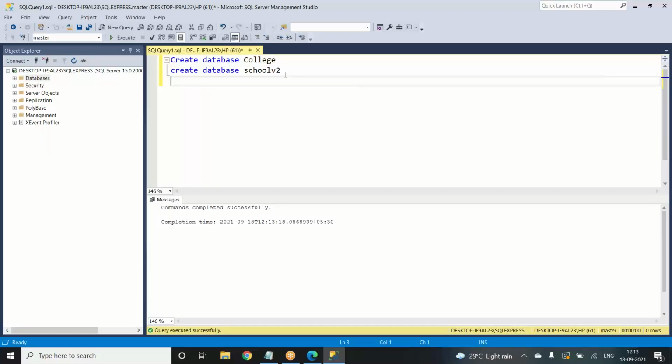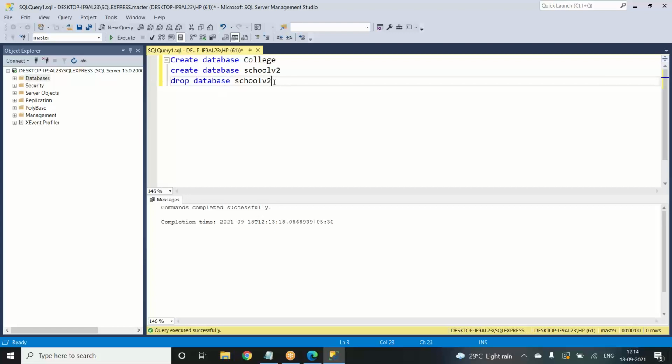So it is very easy to create databases. Let's try to understand how we delete a database entirely. For that there is a command called drop database. Sometimes it automatically gives us suggestions, which helps us while we're writing code.